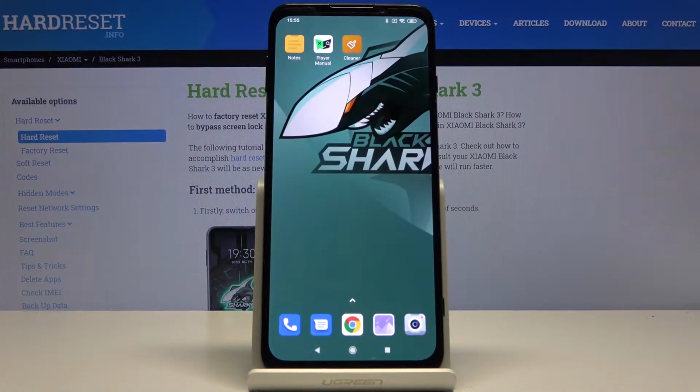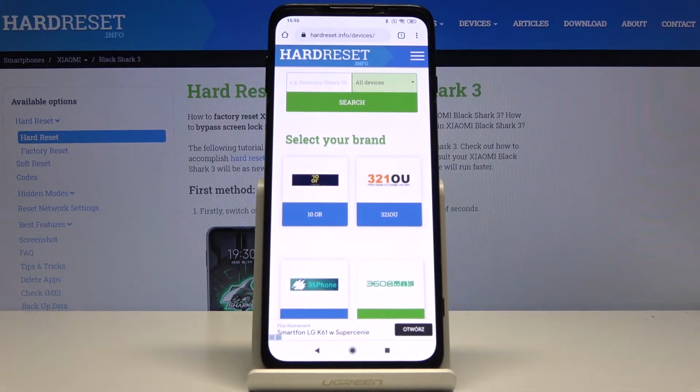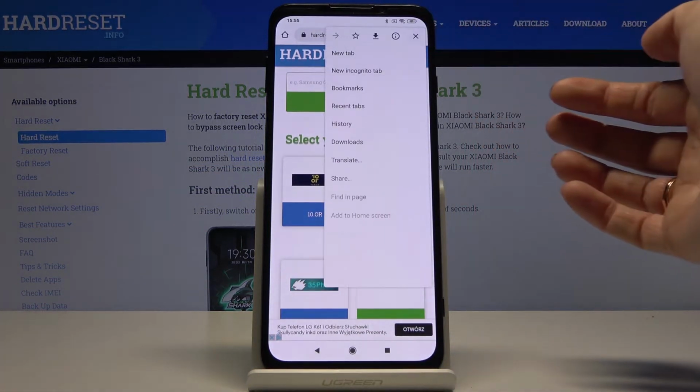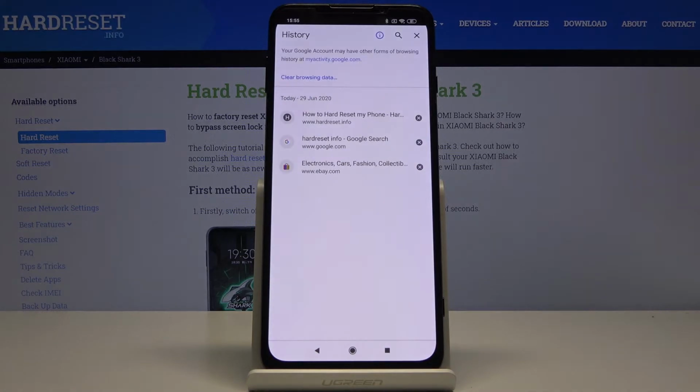In front of me I've got XIAOMI Black Shark 3, and let me show you how to clear browsing data on the following device. So first of all, you have to open the browser that you are using. In my case it is Google Chrome. Then tap on the More icon, click on History, and here you've got all data stored in your Google Chrome